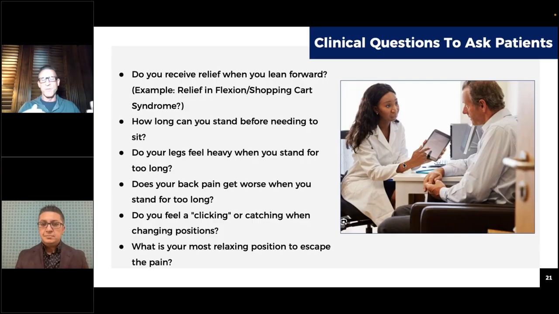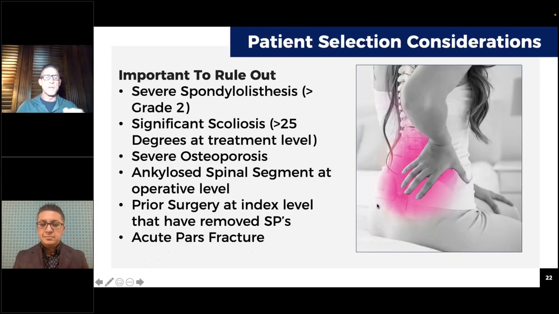Who are we looking for? Who are we excluding? The excluding people is a smaller list of people, but acute pars fractures are kind of a do not pass go, you got to stop here. But there's a lot of degenerative pars fractures out there, patients that have a degenerative spondy that had a pars fracture from years ago. And what you will find if you get a CT scan is that there's been some collision of the bone, and actually there's healing appearing on the CT scan. And if there is, sometimes those pars fractures, if they're old degenerative fractures, don't have to be ruled out. But I encourage you to get your flexion extension x-rays, and if you have a question about the status of the pars fracture, to get a CT scan.